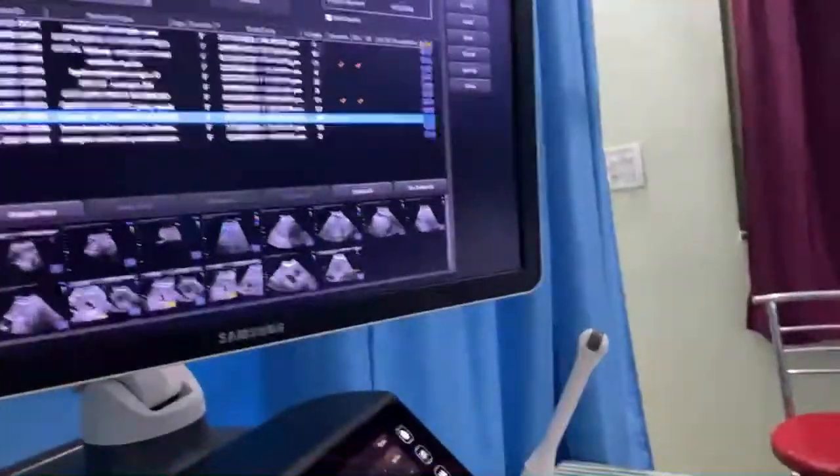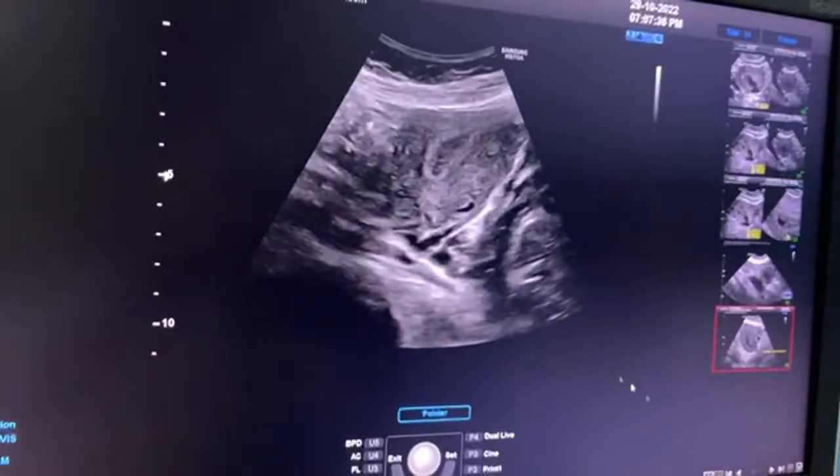When it is corpus luteum, the sliding test will be negative. You will not be able to separate the corpus luteum from the ovary because it is intra-ovarian. But the sliding test will be positive in a tubal mass because you can separate the tubal ectopic from the right or left ovary, it doesn't matter. So the sliding test will be positive when it is tubal ectopic pregnancy, but when it is corpus luteum, the sliding test will be negative. Now we will see how to differentiate and how to use the bagel sign also. You will see the demo of the same.